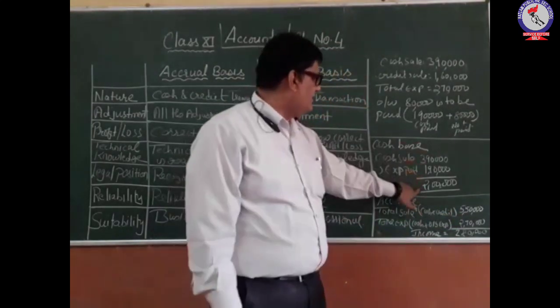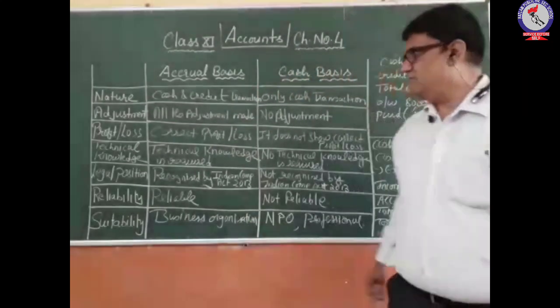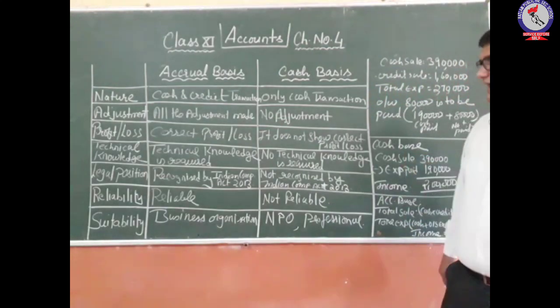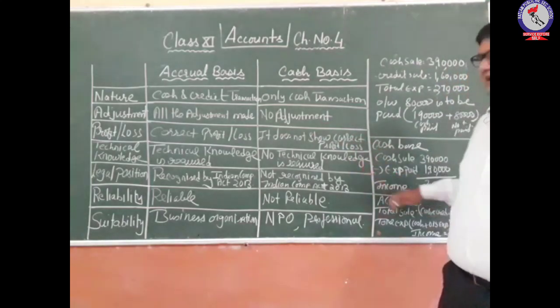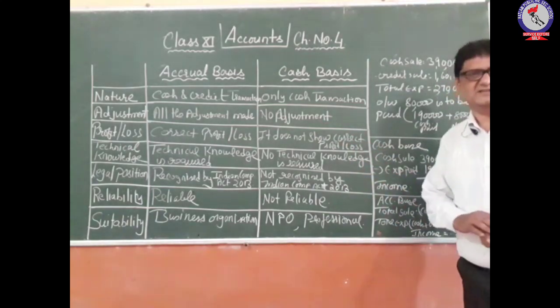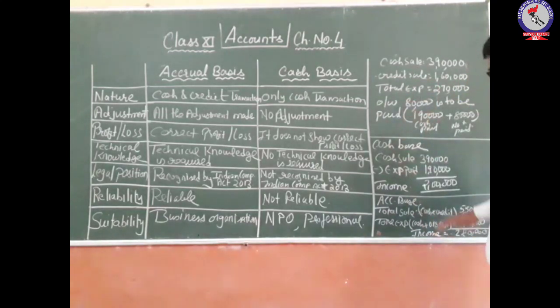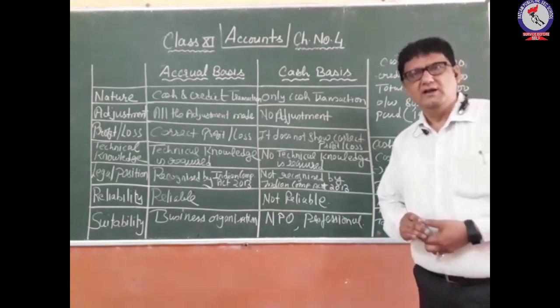And in the cash case, what was observed is that it was 2 lakh. So that's why it is said that accrual base gives you the correct profit and loss, because it makes all the adjustment entries also. And cash base does not give you the correct profit and loss, because no adjustment entries are followed in this basis of accounting. So I hope by this example it is also clear to you what the cash base of accounting is and what the accrual base of accounting is, and how we can see the difference in the income level in both the cases. Thank you and have a nice day.